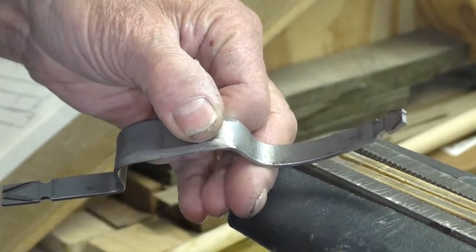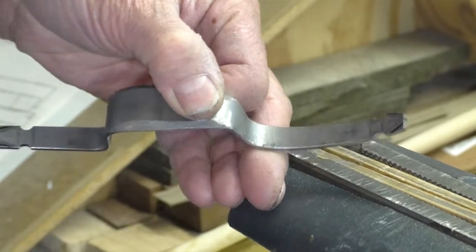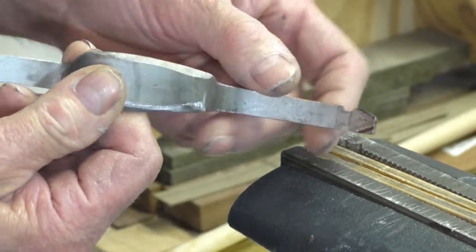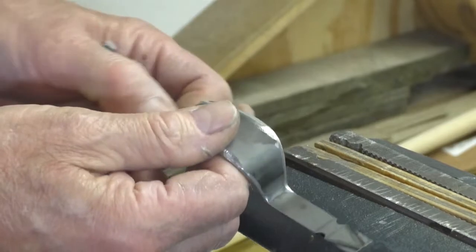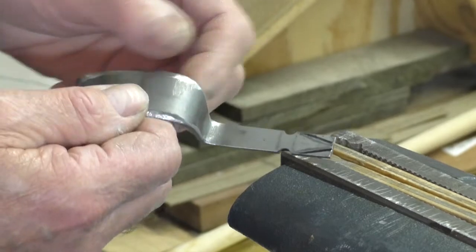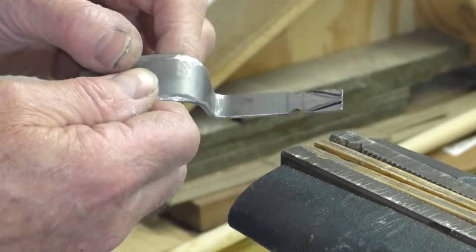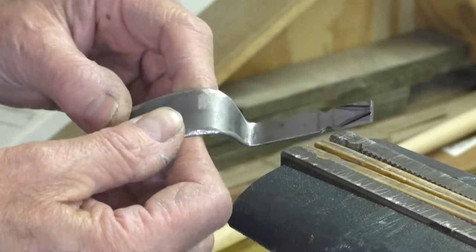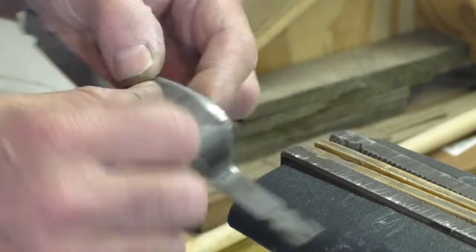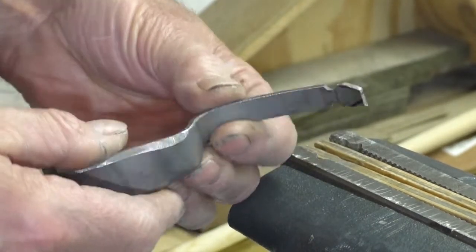I'm using, it's actually a rat tail file for sharpening chainsaws to file these little notches here. So I'm going to do the spearhead, arrowhead type finials on these. So I'm going to cut this down and kind of swoop it in, because I did that on my long rifle trigger guard, and it turns out that it's traditional for these early pistols to use the spearhead arrowhead finials. So that's what I'm doing now,